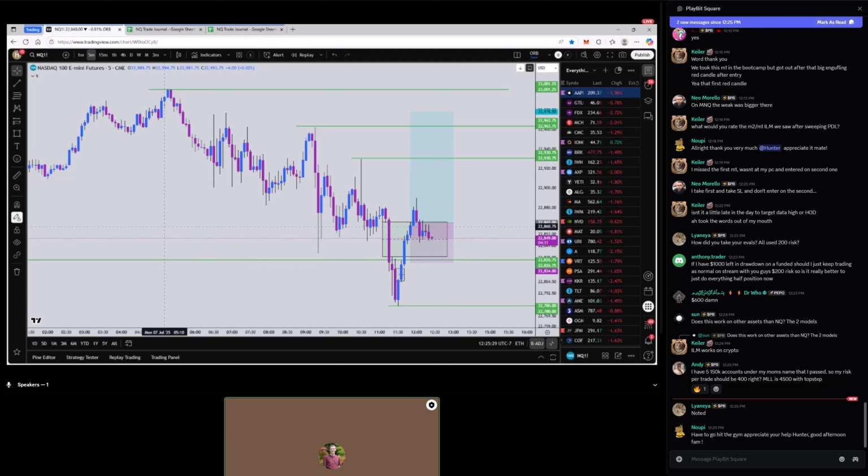Does this work on other assets other than NQ? Yes, this works on multiple assets. It works best on NQ and indices. ORB itself works best on indices and stocks. It works mediocre on gold and crude oil. It works better on gold and crude oil during London session. Mediocre because so many people focus on Nasdaq and stocks during New York session,